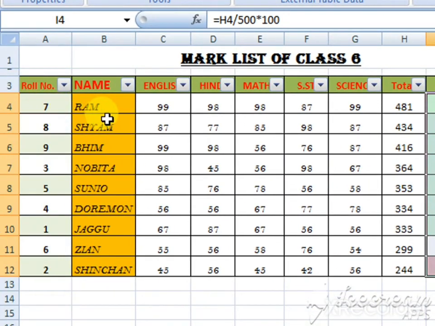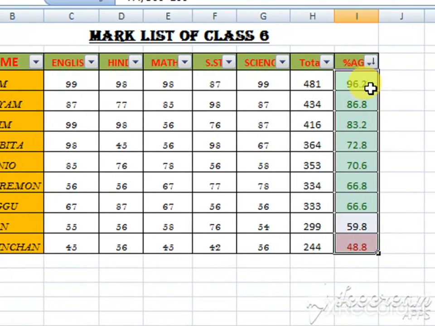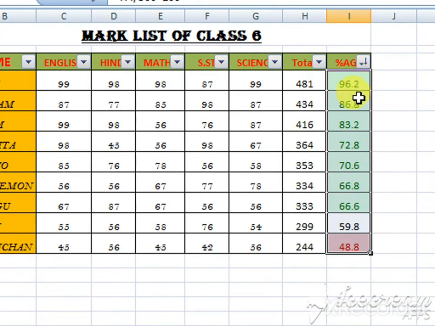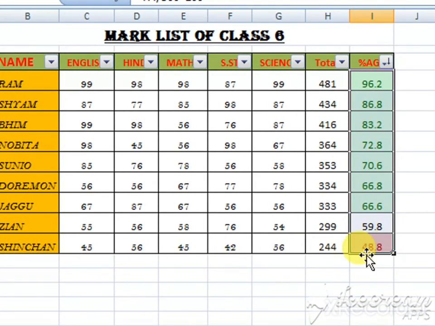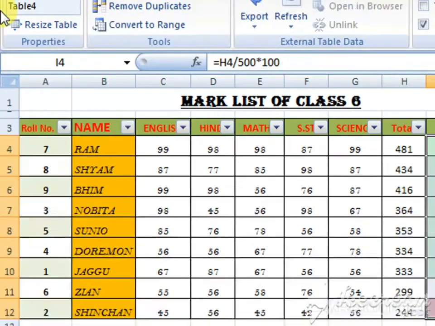Now see Ram, who was on the seventh line, is now at the topmost, and Sham is second because he got the second highest marks, then the third highest marks, and the last one is Sinchan, who got 48.8 only. So this is how you can rearrange your worksheet data.